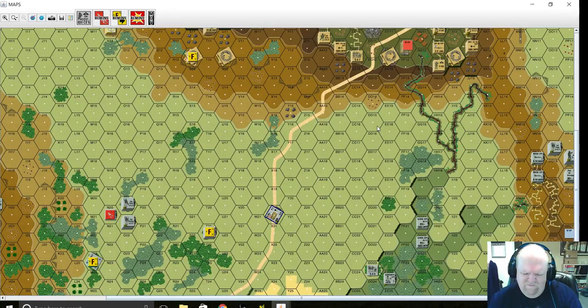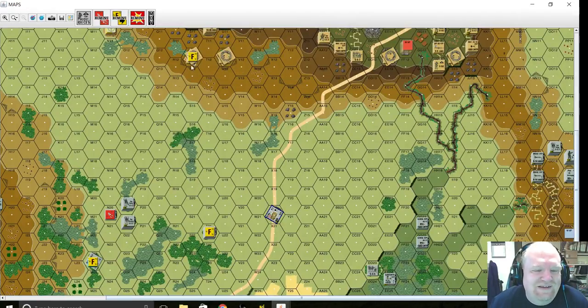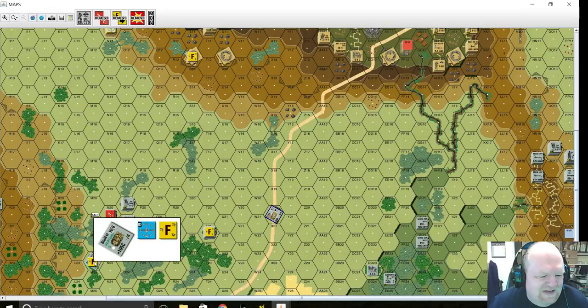7, 6, 5, 4. You know what? I don't think I'm going to do that, because that honestly could trigger a gun duel with the Tiger, and I don't want to get into a gun duel right now. So he's not going to fire. What I may do is just wheel it during the infiltration phase. Anyway, all right, so we've got this 57 that I've been forgetting to put the second rate of fire into